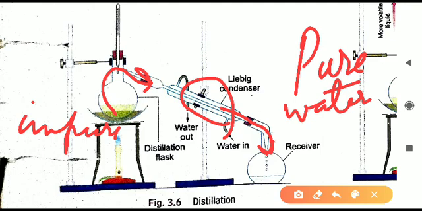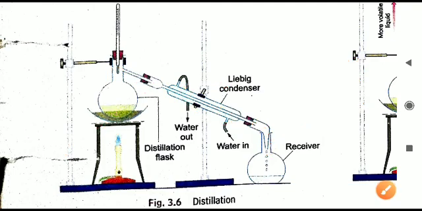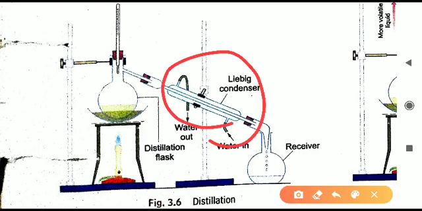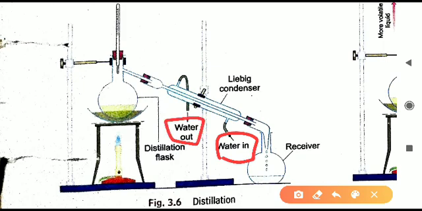So this is how we can continue the process of distillation. It is used for purifying the water. In this Liebig condenser, now how is the condensation done? You notice here two things are given, water in and water out. That means two pipes are connected here. One side is water inlet, meaning water is moving inside, and water will enter this condenser. From this tube water enters, and from the other pipe water will come outside.